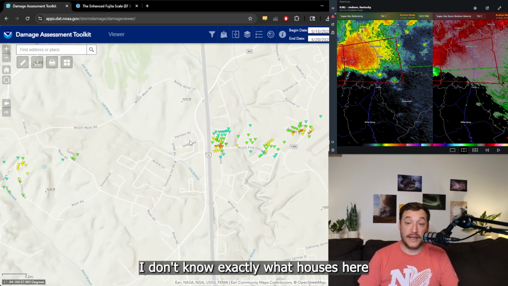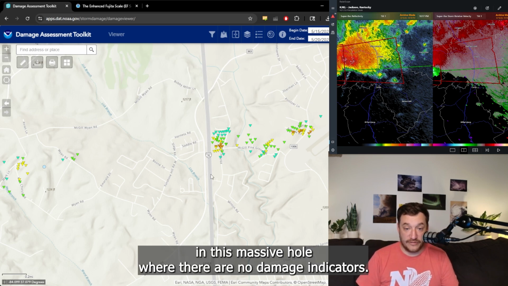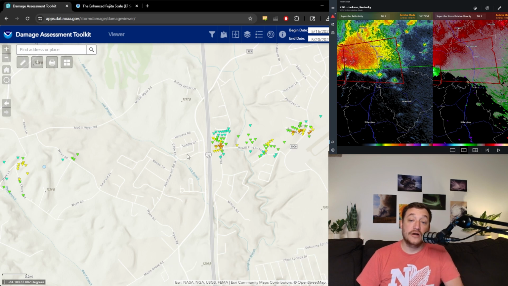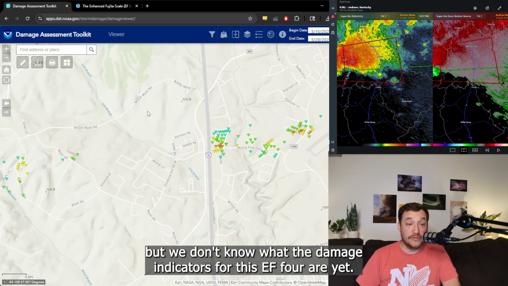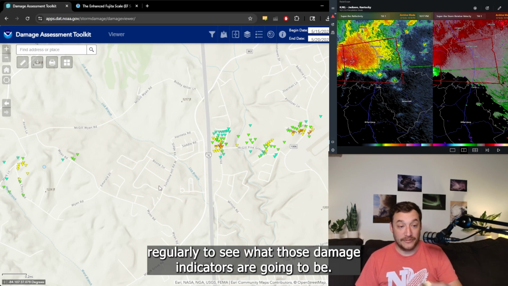Don't know exactly what house is here east of Interstate 75, but all of it was said to have been here in this massive hole where there are no damage indicators. Now we know that the tornado continued on through here, but we don't know what the damage indicators for this EF4 are yet. I'm watching this and updating it regularly to see what those damage indicators are going to be,